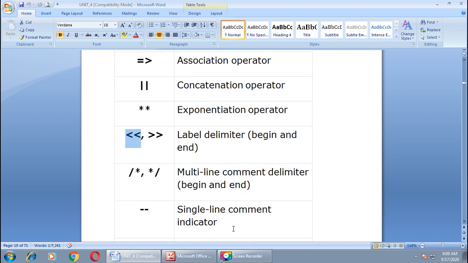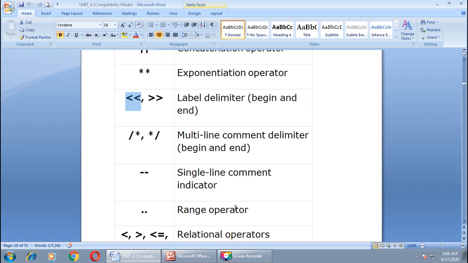For the multi-line comment delimiter, we can use slash asterisk for beginning, and for ending our comment we can use asterisk slash. If you want to place a single-line comment in your block, you can use dash dash. Okay, this is called the single-line comment indicator.